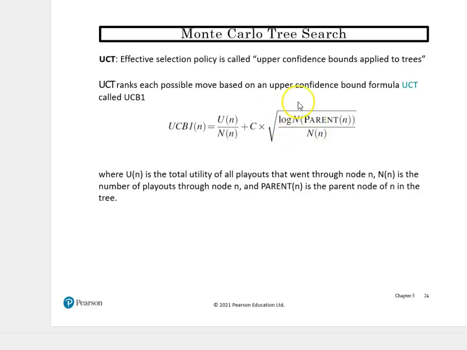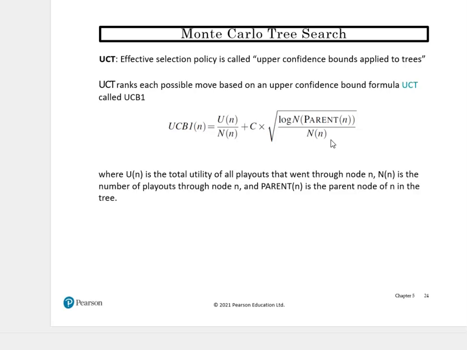This term right here is called the exploration term, and the first term is the average utility of n. That's what it represents. This has, as you can see, N of n in the denominator, which means the term will be high for nodes that have only been explored a few times. In the numerator, it has the log of the number of times we explored the parent of n. This means that if we're selecting n,